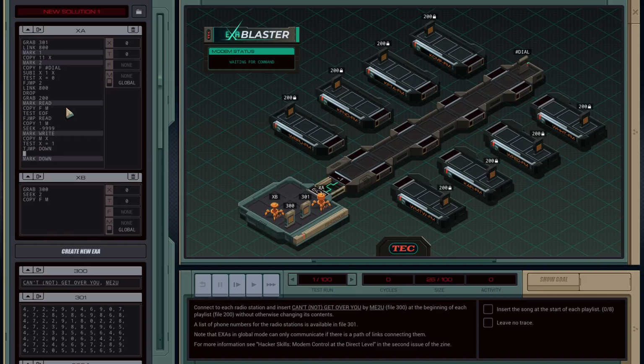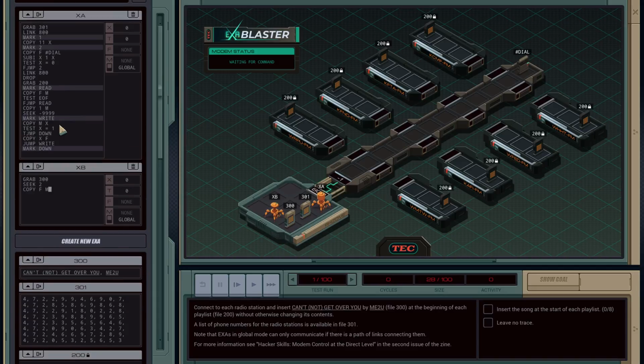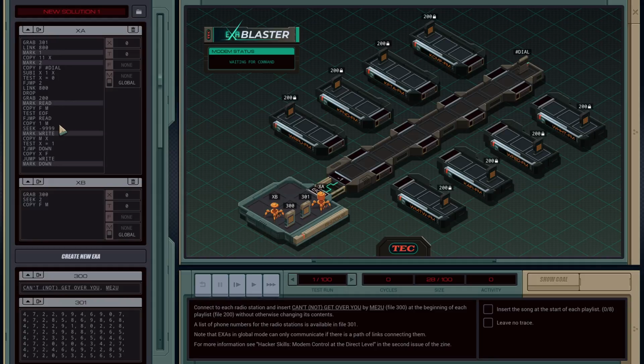But otherwise, copy X to file, jump right, okay. So you, meanwhile, you've got, where is it? Well, that's not right. You need to do that backwards. Okay. So he copies that to the global, you copy it to your file. But no, that's not what you want to do. You want to copy